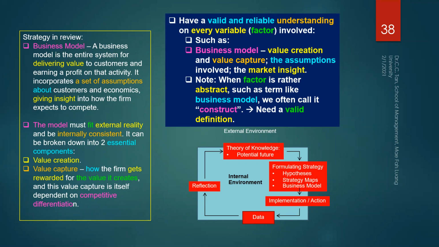So it is very, very important to have a valid and reliable understanding of every variable. I have told you that in business research and in strategy it's very important that we have a valid understanding and reliable understanding. For example, if somebody is a CEO and I'm working for the CEO, and the CEO doesn't trust that I have a reliable process of finding out something that he or she wants, do you think he or she will trust me? Why does the CEO need to trust me? Because if he or she trusts me and implements my strategy, the whole company will crash.